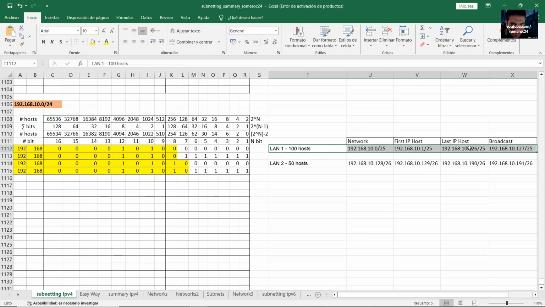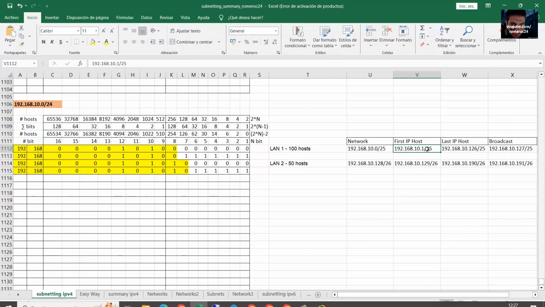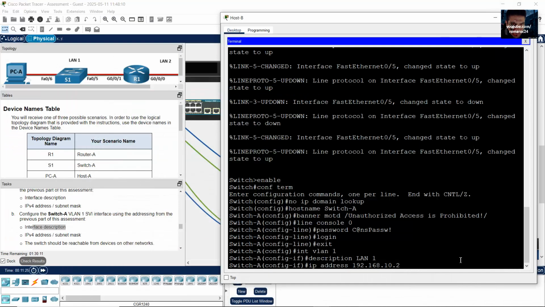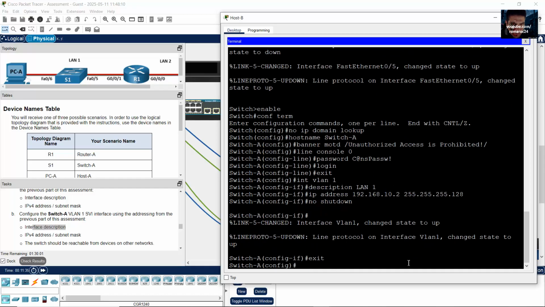The first IP is .1, but I will use the second according to the instructions, 10.2 for the switch. 192.168.10.2 and remember the prefix is 25, 255.255.255.128, enter, no shutdown, exit, global configuration mode, and